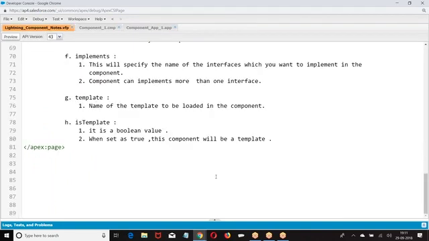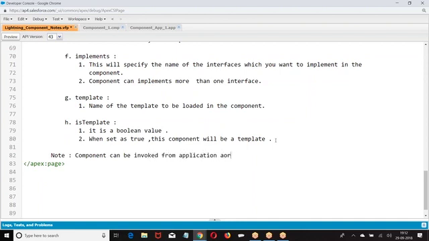So let me give you this. Application or UI.